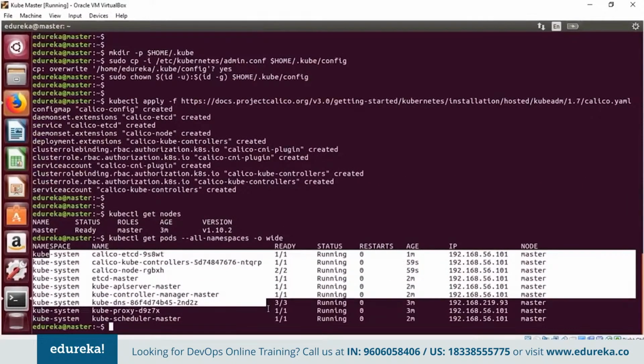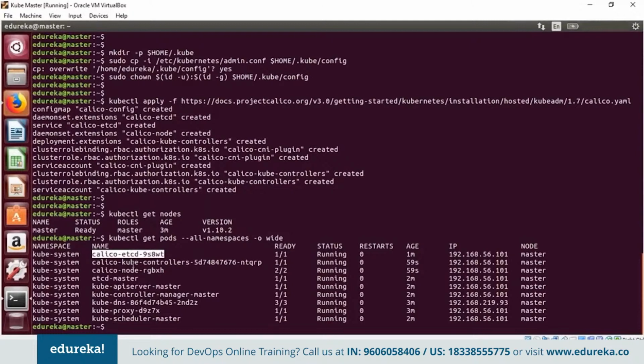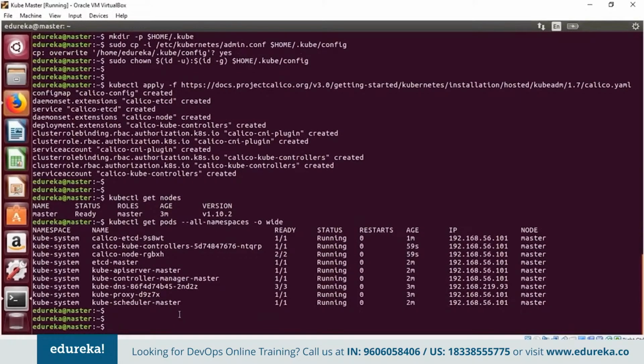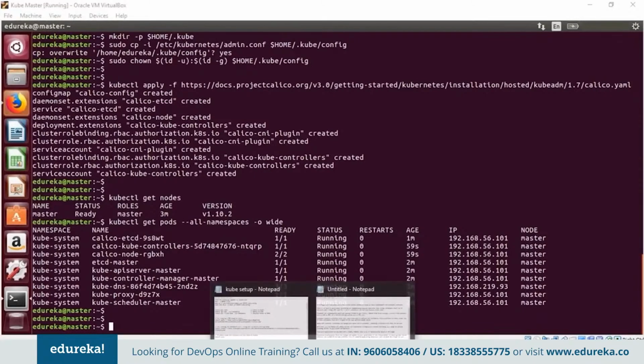So there are different services like etcd, kube controllers, the Calico node, the etcd master. For every single service there's a separate container and pod started. Okay, so that's what you can understand from this part. That is a safe assumption. Now that we know the cluster is ready and the master is part of the cluster, let's go ahead and